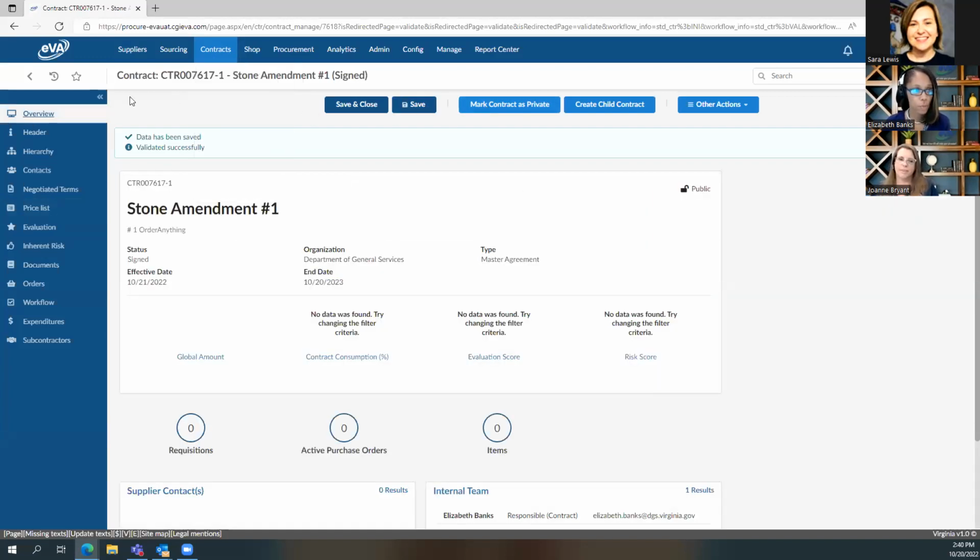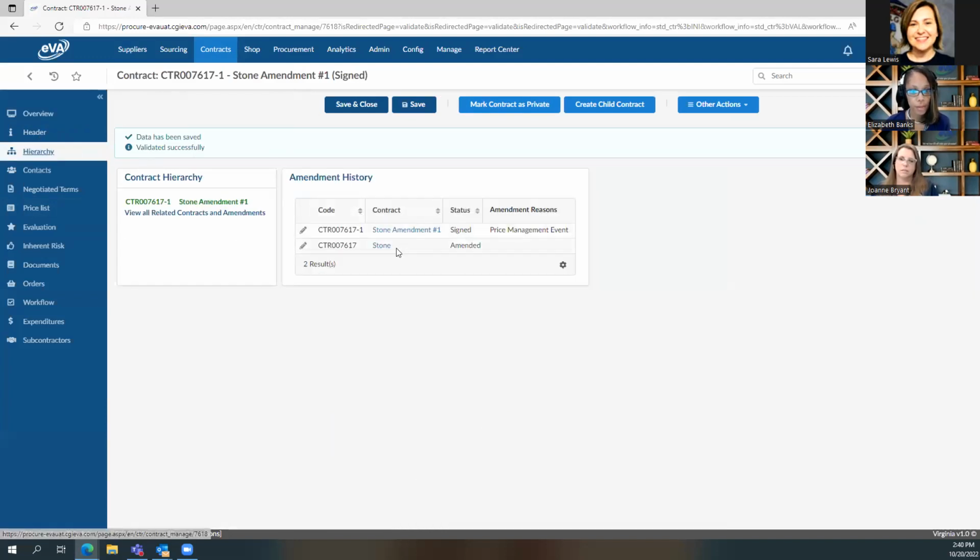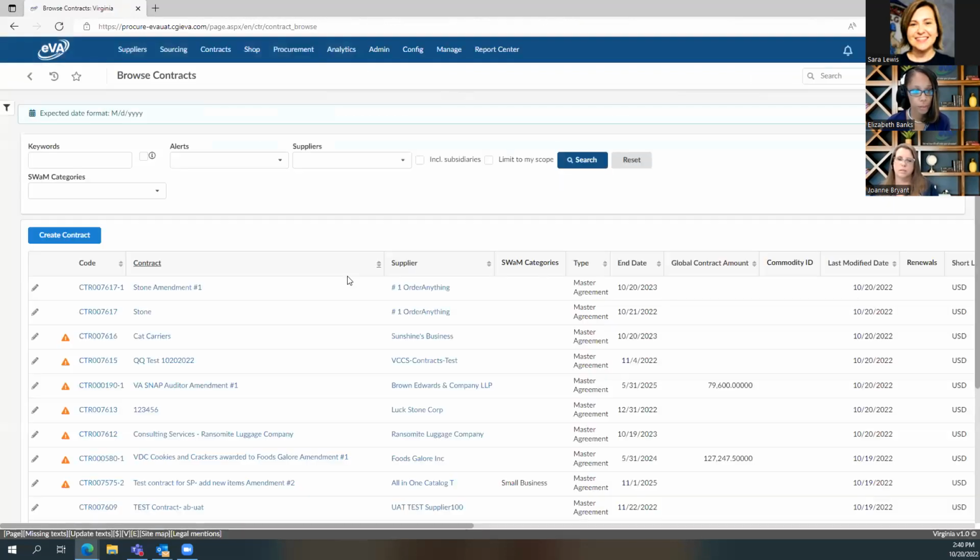So if we go back to the hierarchy, you can see that the first version, your original contract, was amended. And now you can see your first amendment here in the signed status. All right, so let's go back to contracts and browse the contracts.